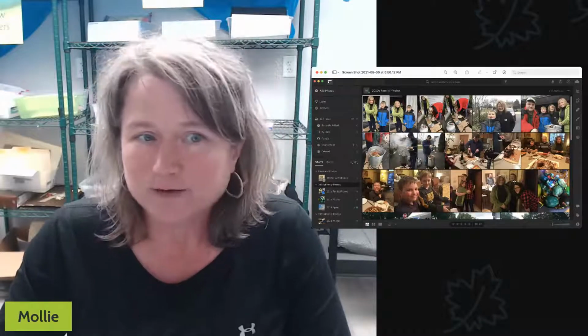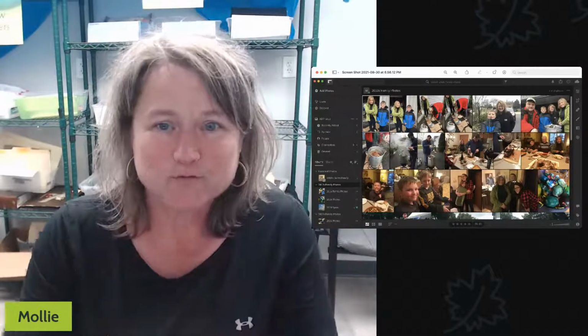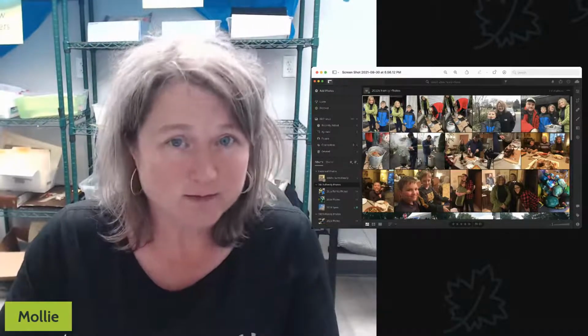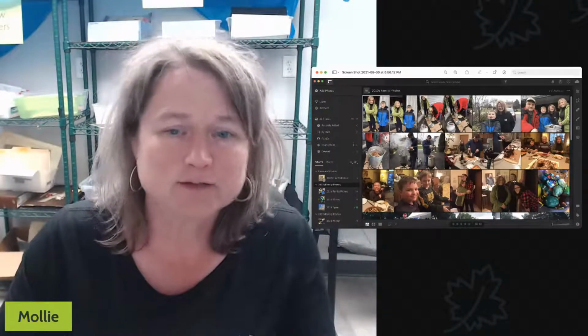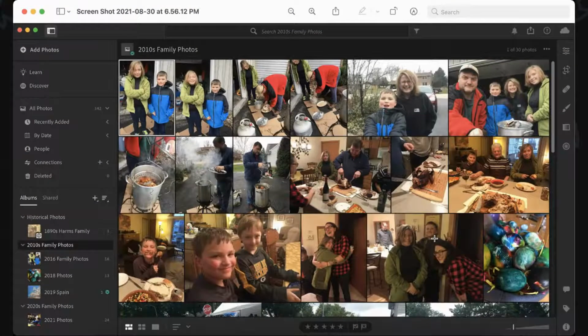And for whatever reason, my streaming software will not let me show Lightroom in full action. So I'm bringing up a screenshot here, okay? And I'm hoping you can kind of just follow along. On the left-hand side, we have what I always like to call the navigation panel. A lot of photo organizing programs have these options on the left-hand side that are really related to how you're